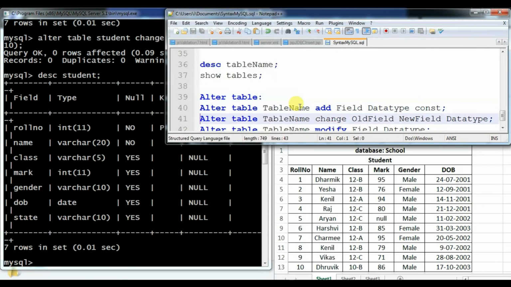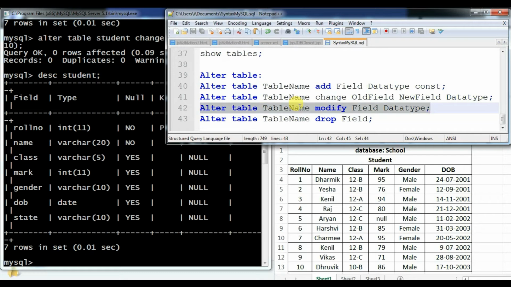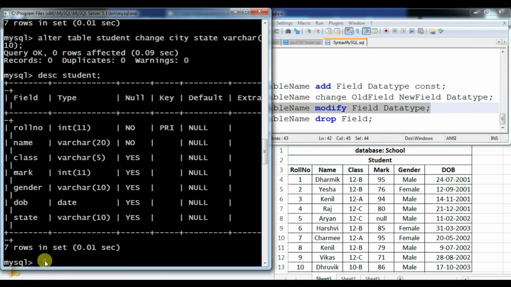Now the third one, alter table name modify. Modify, what? Suppose you want to change the data type. Right now I have mentioned varchar 10, but suppose you are going to insert a value that has more than 10 characters, then what? You can use modify over there. Now see, alter table name modify, field name, that is state, and the new data type, that is varchar, and I am going to assign 20.